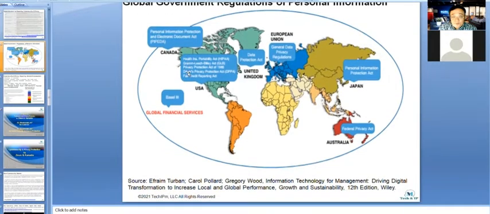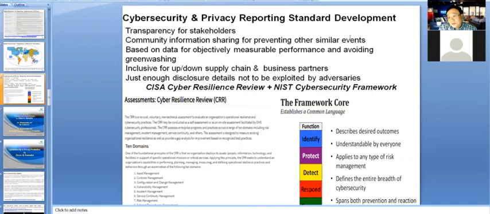And then finally, this is actually my proposal for what you need to include and how you can develop this kind of cybersecurity reporting related to ESG reporting. This is my idea, and I'm also working on it, so it's still in progress. I'd like you to join if you are interested in this field.